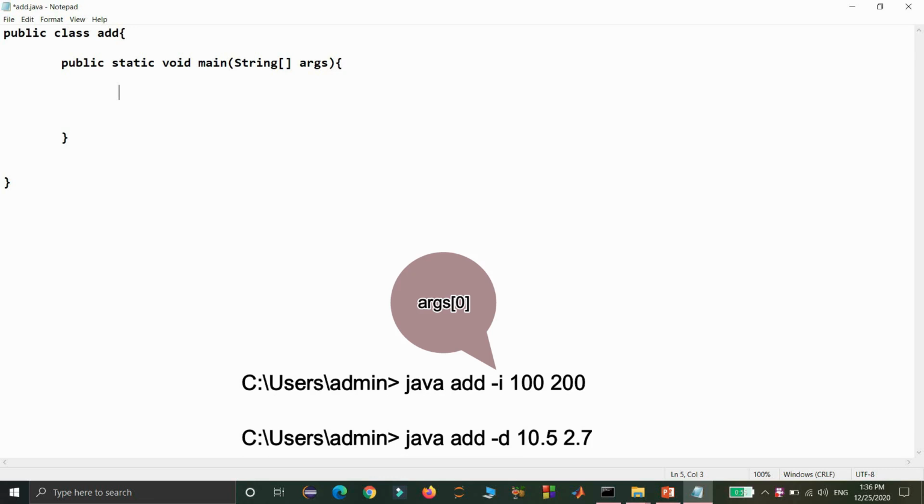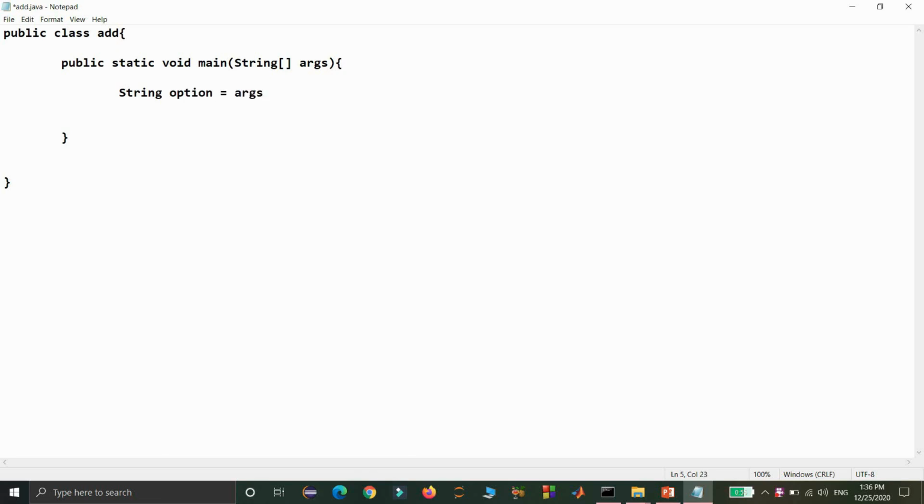Then we can access the option by using args[0]. Here, to make that option case insensitive, I am going to use the toLowerCase method of the string object. Now the option is available in the option string variable. Then I am going to use a switch case statement to check the option.